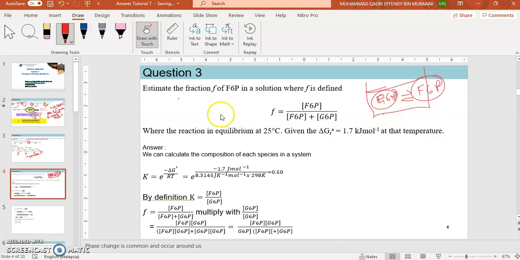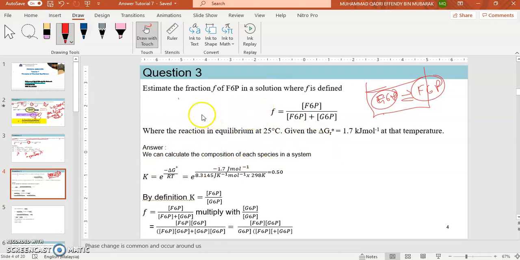So the question asks us to estimate the fraction of F6P in the solution, and the question gives the reaction equilibrium. It gives the equation of the reaction, where the reaction is in equilibrium at 25 degrees centigrade, given that delta G naught equals 1.7 kJ per mole at that temperature. So to calculate this,